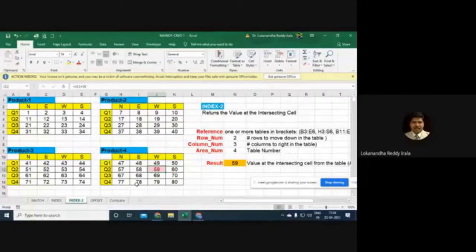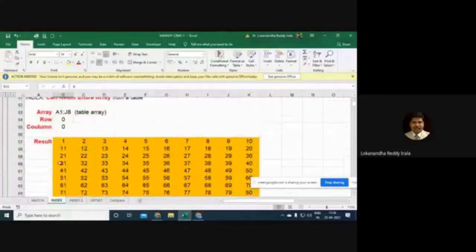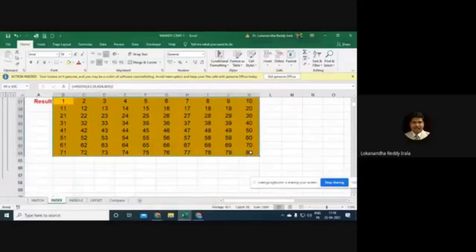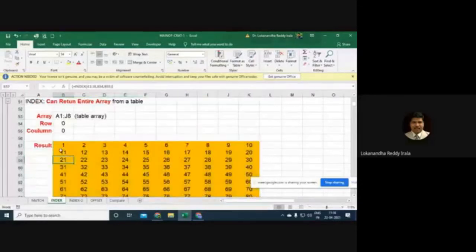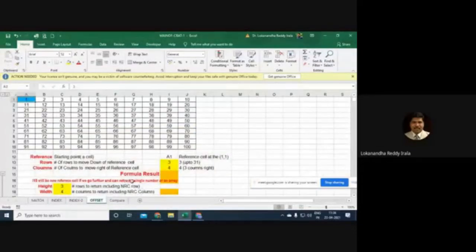Now, going to the index, the last thing we did here, we were able to produce the entire matrix, but we were not able to produce a part of the matrix. To produce a part of the matrix, you need to understand the offset function. And by the way, offset is one of the most powerful functions in Excel, used in very critical, complex positions. There you will not have any other option but to use this function.